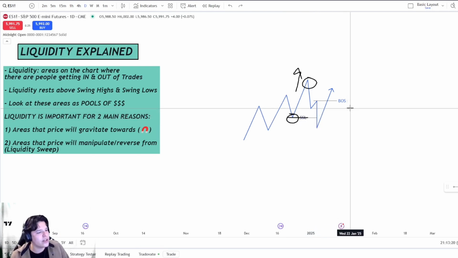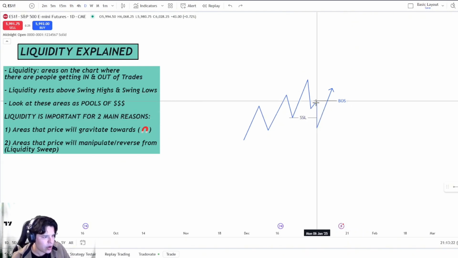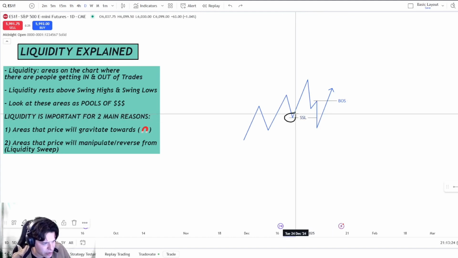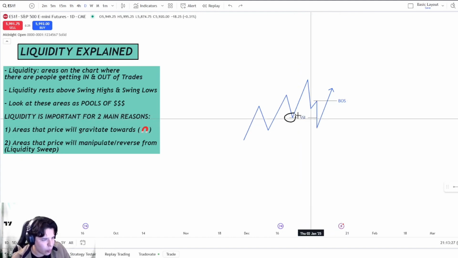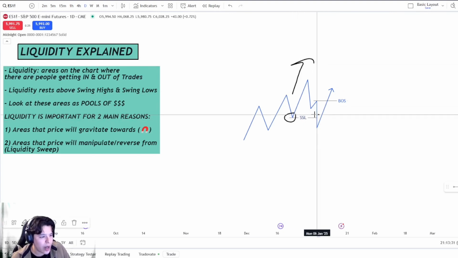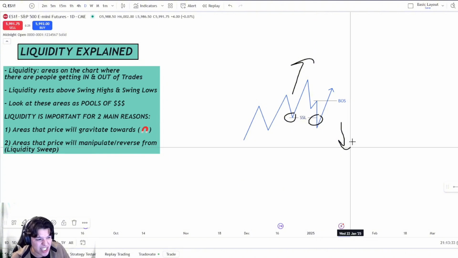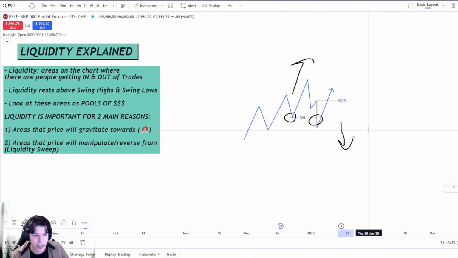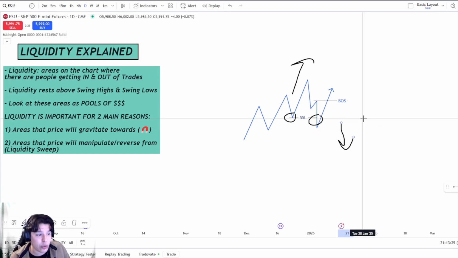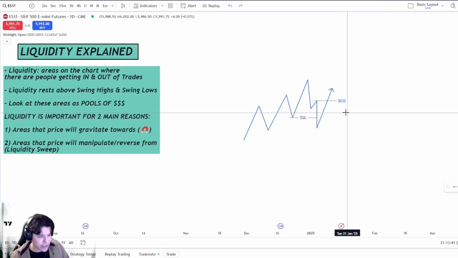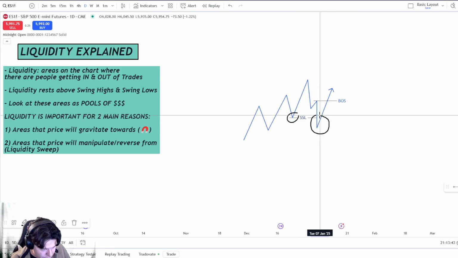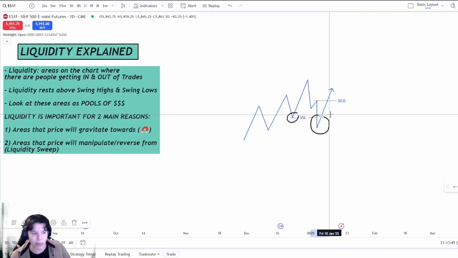So what is price action actually doing here? Price action is manipulating this low, making people think that, one, stops are getting taken out here from people that went long. Two, when people see this price action slightly dropping below that low, let's say on a lower time frame, they're going to think to themselves, oh my God, this is a break of structure. Let me go ahead and go short. And that unleashes a pool of money at this point when we sweep sell side